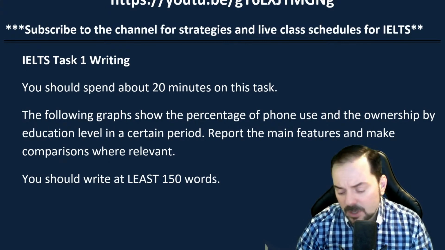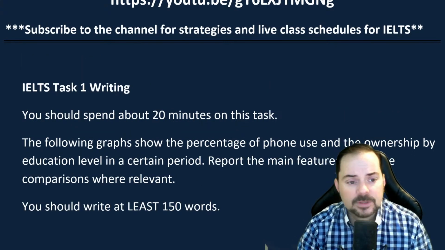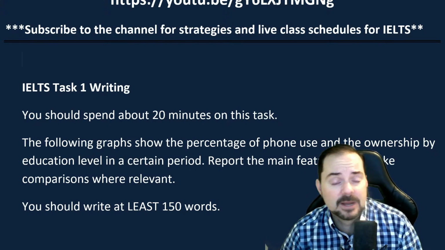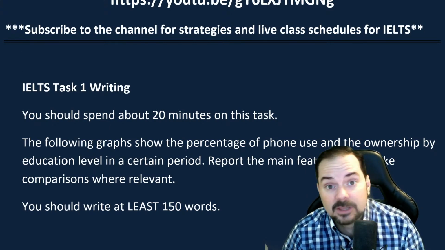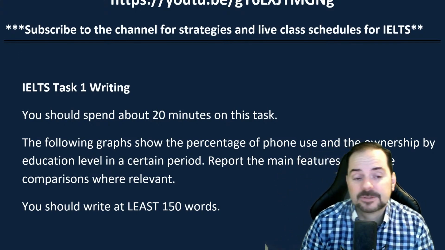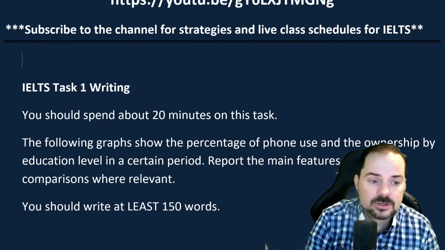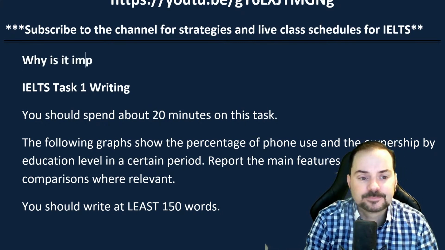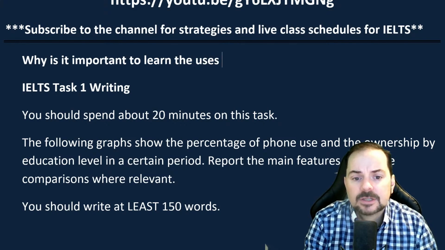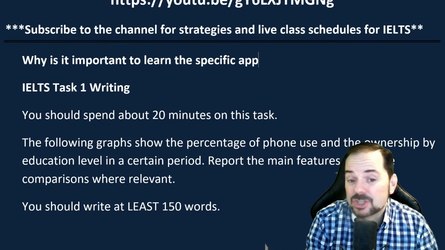And I talk about that because a lot of people write Task 1 like they're writing for a line graph. It doesn't matter, they see a bar graph or a pie chart or whatever, and they're just writing about it like a line graph. But that's not correct, okay? Different graphs have different purposes. So why is it important to learn the uses, or the specific use, or application is even a better word